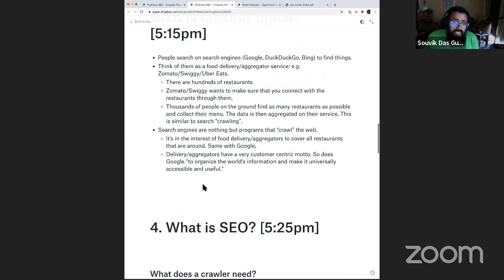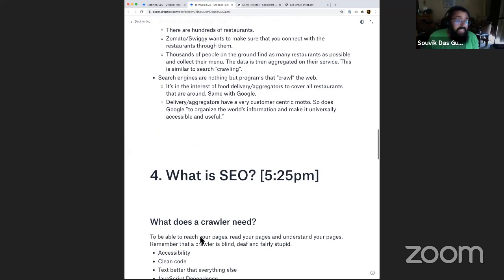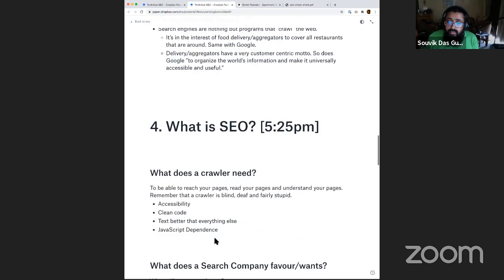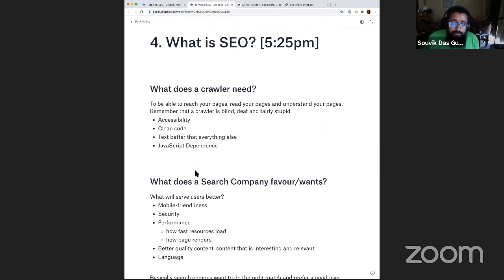Now, what this means is you have to understand what their needs and motivations are as a search engine. So I've basically boiled it down to two questions. What does a search engine crawler need? It needs to be able to reach your web pages, read your pages, and understand your pages. And just note that a crawler is a blind user, a deaf user, a fairly stupid user, in the sense that it doesn't possess